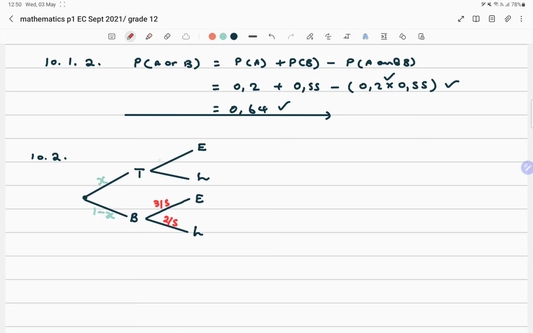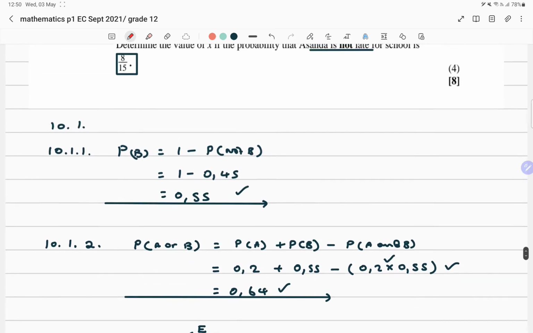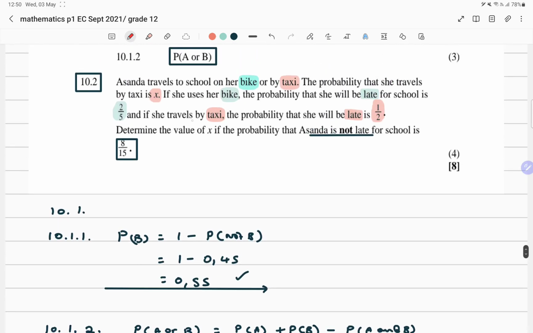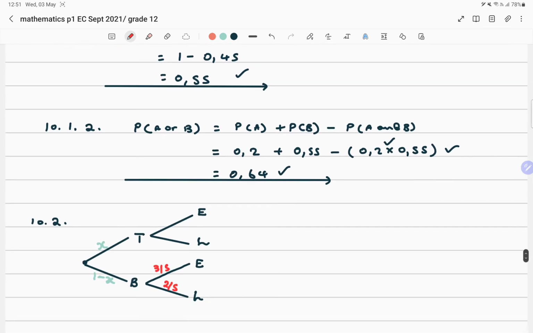Now let's look at this one. We were told that the probability that she'll be late if she travels by taxi is 1/2. Okay? Then it means it's always going to be another 1/2 for her to be early, right? Because these two should add up to 1 because they are complements of one another. Nice. So now that our tree diagram is sorted,